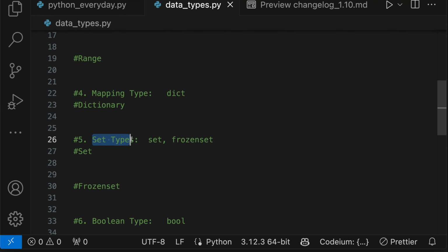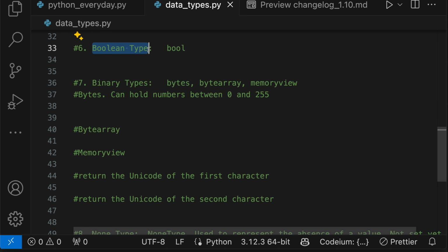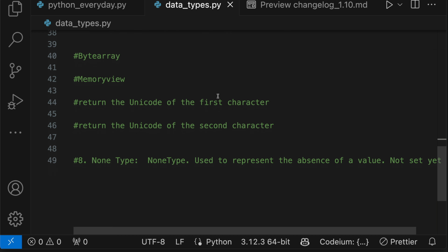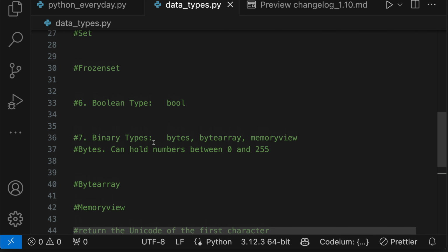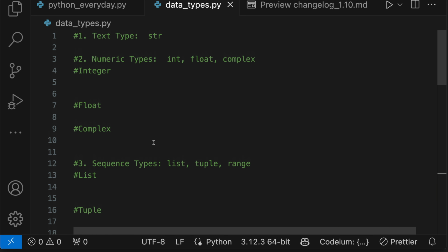We also have set types consisting of a set and frozen set. There is a Boolean type, which is used to express true and false. Then binary types consisting of bytes, byte array, and memory view. And finally, we have the none type, which can be used to represent data that is not set yet. So let's start from the beginning and give an example of each of the data types in Python, starting with